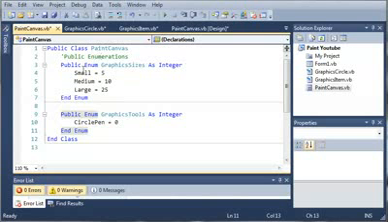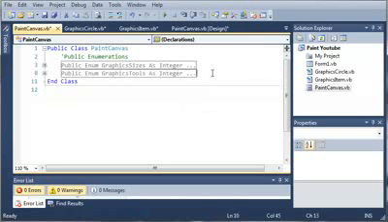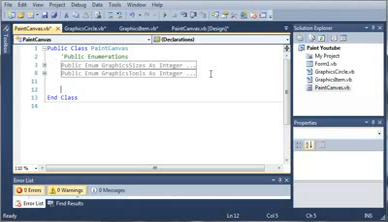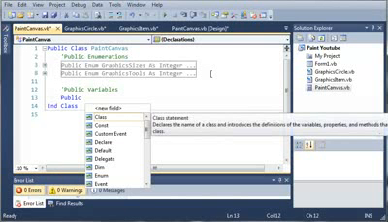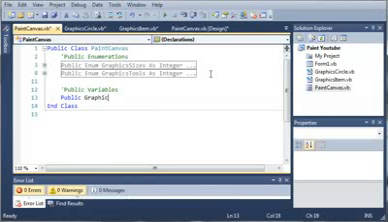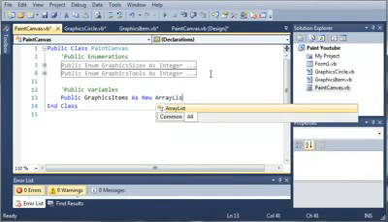So here is our PaintCanvas class. We've got our enumerations, the graphic sizes, and the graphics tools. So we'll go ahead and put those two together. Now let's go ahead and create some public variables. So public variables. And let's make an array list. So public graphics items as new array list,